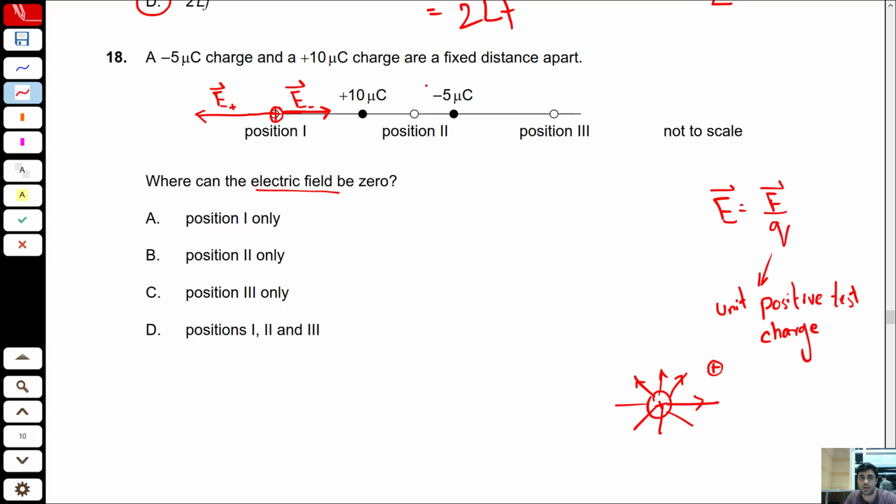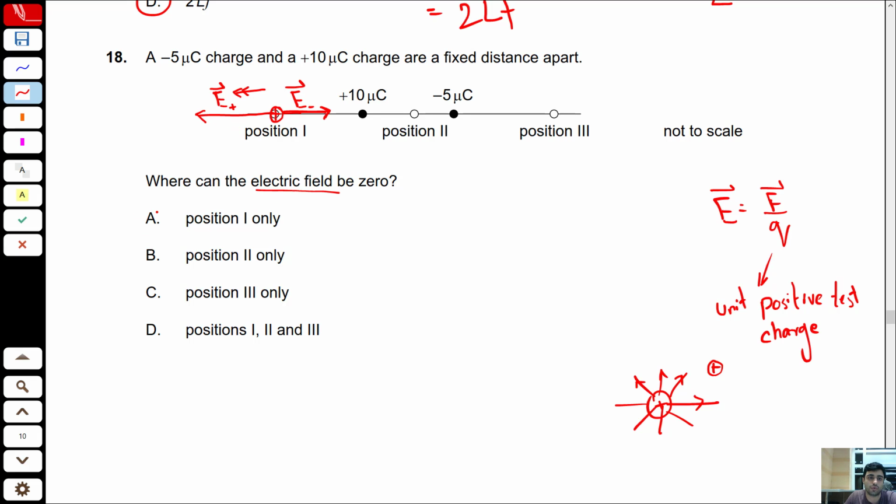from this charge. Now, the further away the charge gets, the strength of the electric field will decrease. So that is why this electric field strength due to the negative 5 microcoulomb charge has to be smaller than this one. So do you think they can cancel out each other? No. This one is a little bit longer than this one, so overall there's a net electric field strength acting in that direction, because in the left direction there's more electric field strength acting, so it can never be